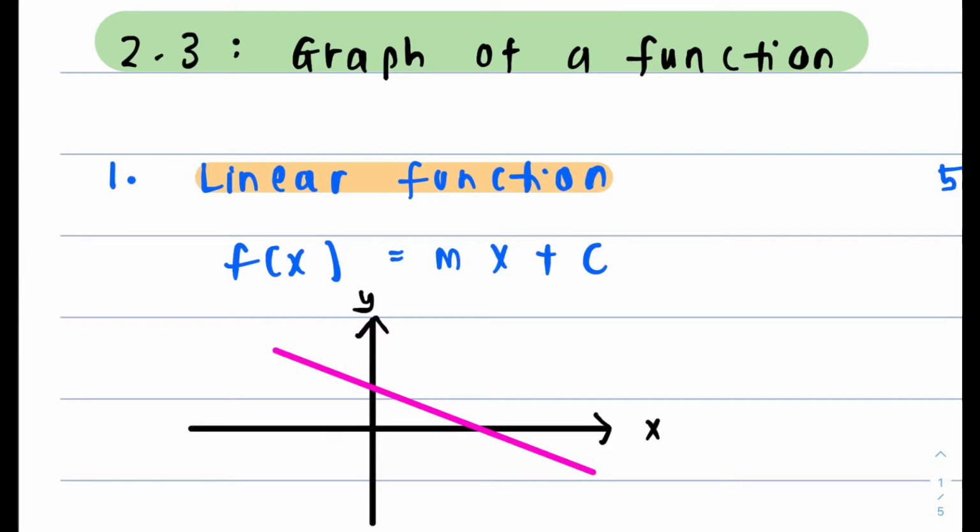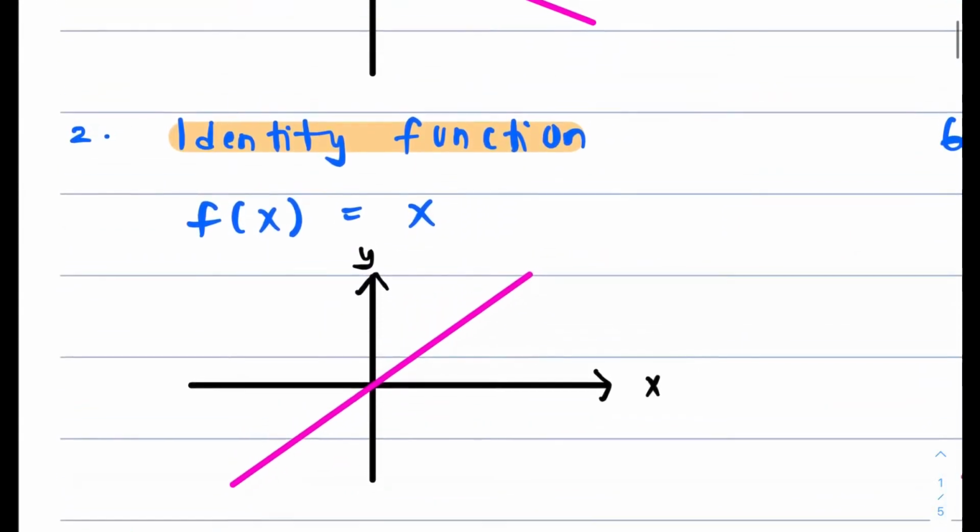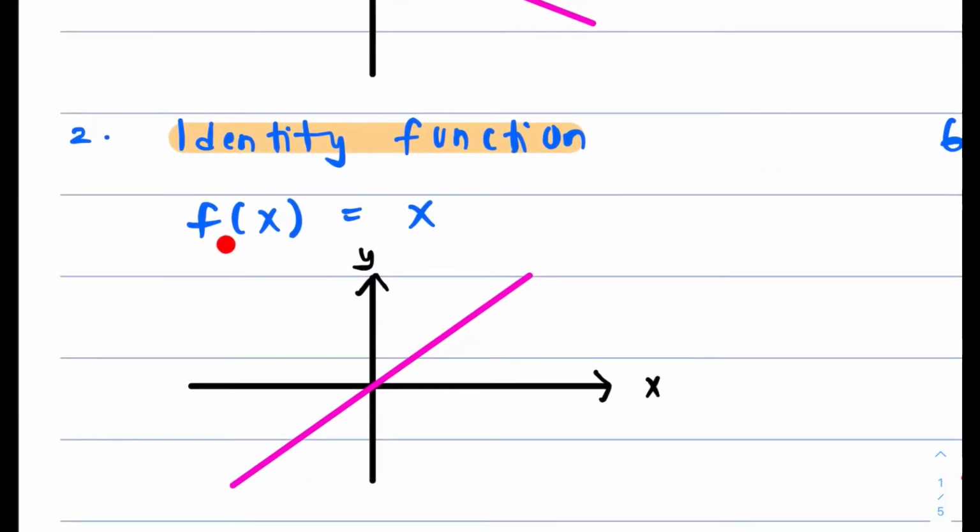the first one is the linear function. So for a linear function, you're going to have f(x) equivalent to mx plus c. So basically this is a straight line. You can have the one that is going downwards or the one that is going upwards. Now the second basic function is the identity function, which is f(x) equivalent to